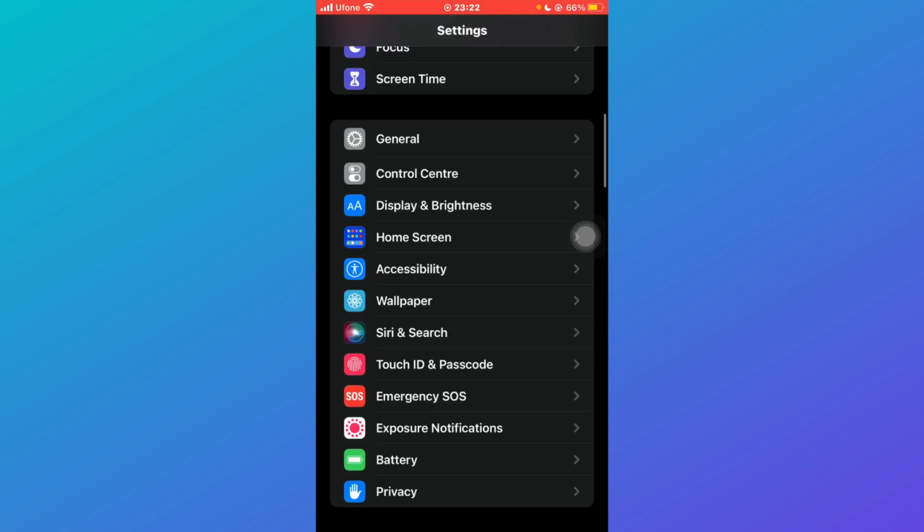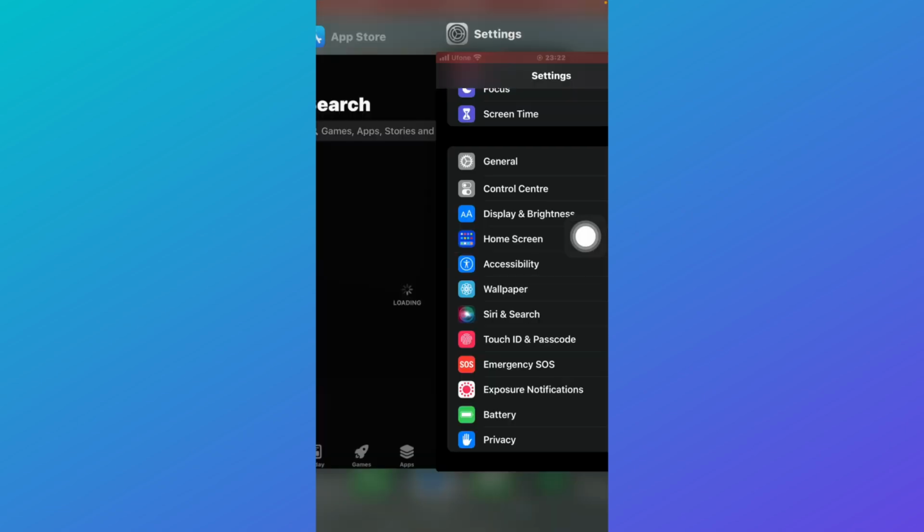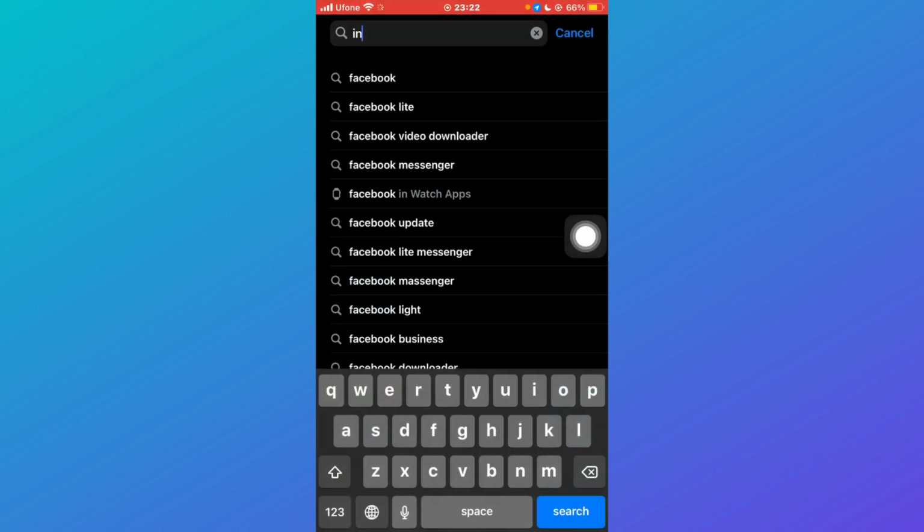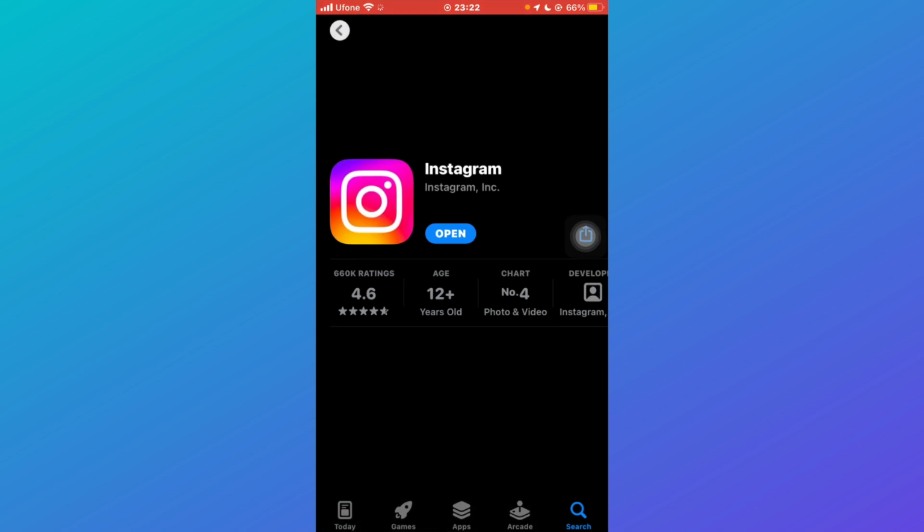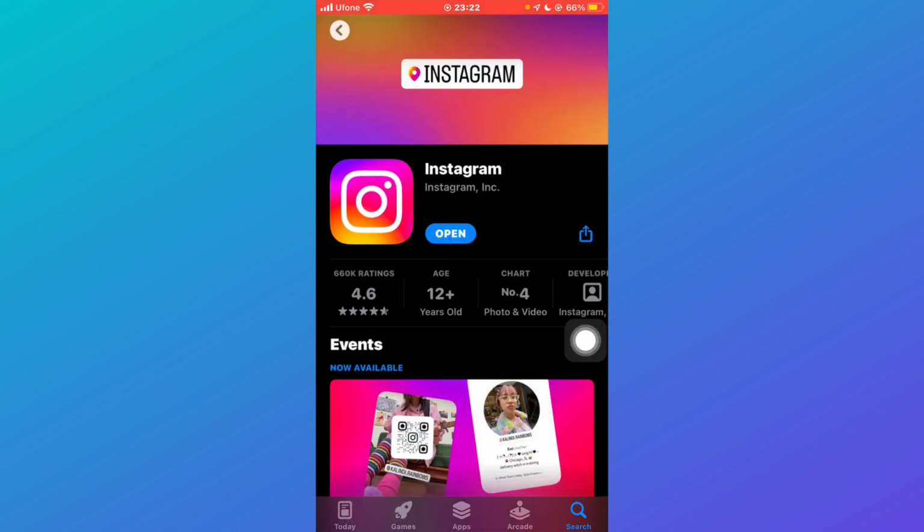You need to have a very strong internet connection to sometimes load the Instagram app. If you do have a strong internet connection, but the problem still maintains, then you have to come to the App Store and search for Instagram. Once you search on Instagram, now you have to check that you have installed the latest update. Right now it's written open. It means that I have installed the latest update, but if it's not installed, there'll be written update over here. So just click on update, make sure your app is updated, and after that try opening your